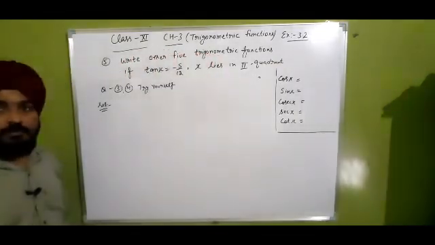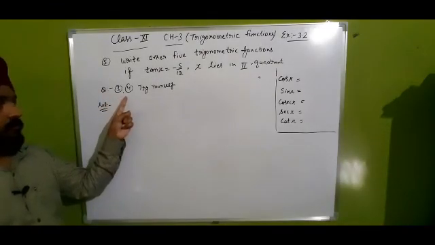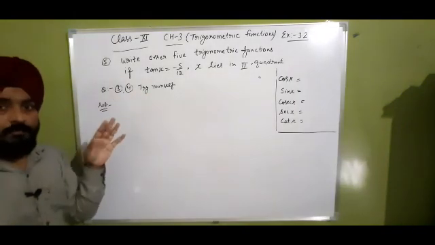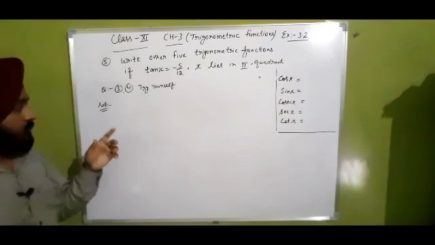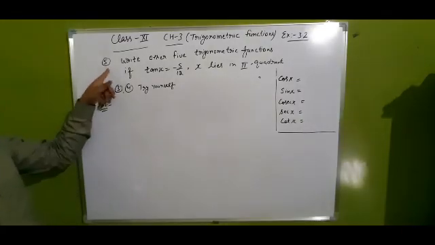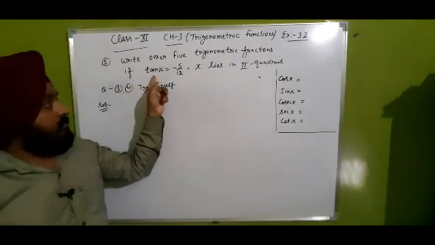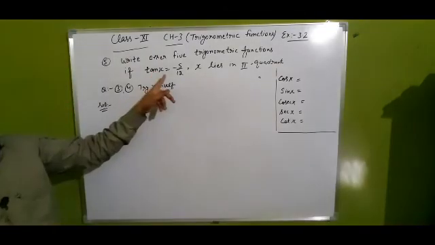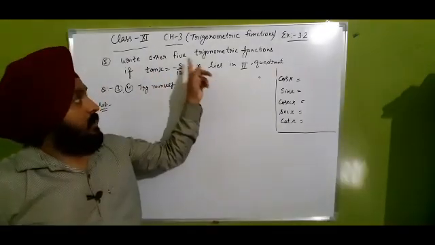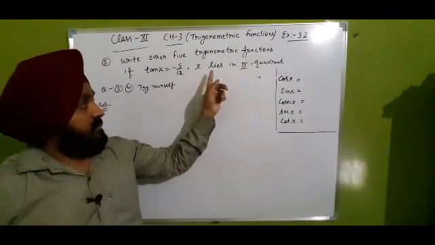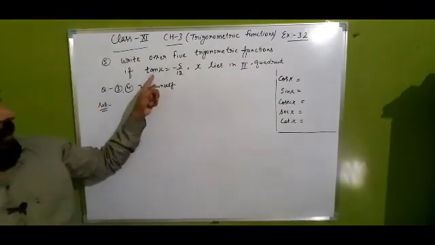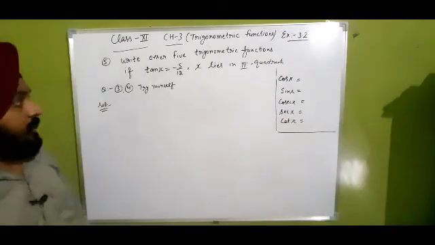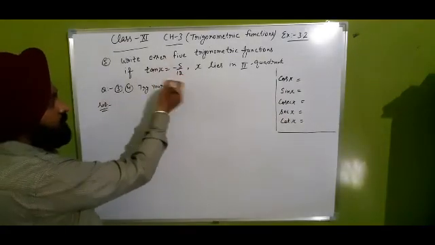Clear? Question number 3 and question number 4 are the same as question number 1 and 2. So you have to try it yourself. If you have any doubt in these questions, then you can ask me. Okay. Now look at question number 5. Tan x is minus 5 over 12. It is also the same as the 1st and 2nd. Find the other 5 trigonometric functions if x lies in the second quadrant. Tan x is given, so you have to find cos x, sin x, cosecant x, secant x and cot x. You have to find it. So the solution: tan x is minus 5 over 12.